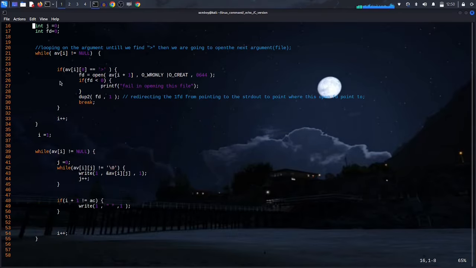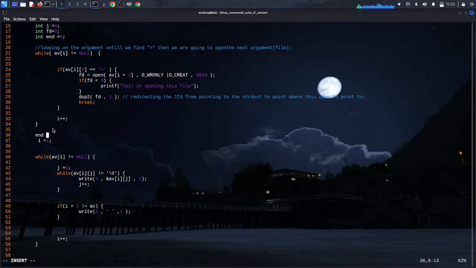We just need to loop where this I stopped. So before setting the I to 1, we need to create a variable right here. So int end equal to 0, then the end will equal the I. Then here the loop is going to start from 1 until the end. So while the I is less than the end,